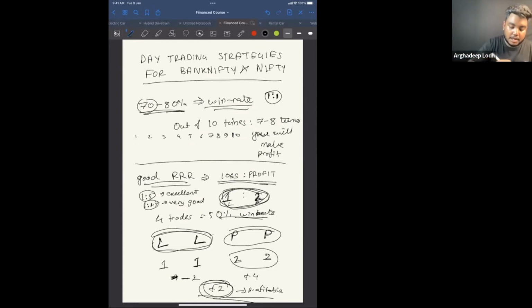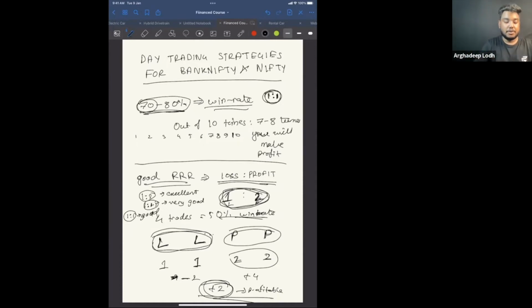This is very good. And 1:1 is good. It's not bad. See, out of 10 times, आपका SL हिट हुआ 5 times, आपका profit hit हुआ 5 times. So you will not be at a loss. You will be neutral. You neither made a profit nor a loss. So 1:1 is good. Now, I am considering a 70 to 80% win rate,